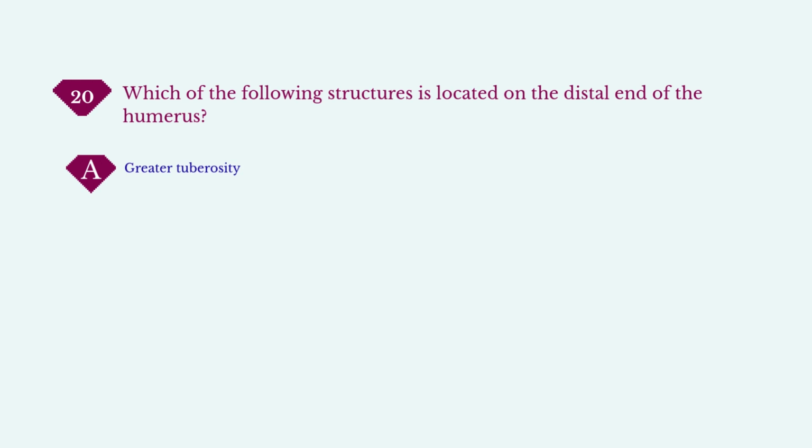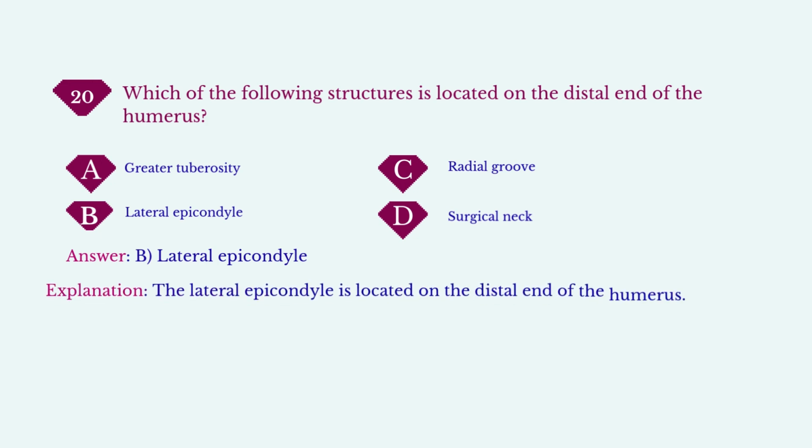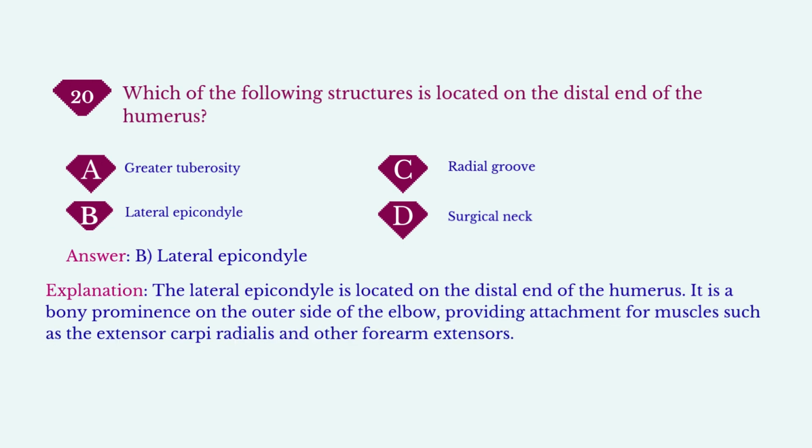Which of the following structures is located on the distal end of the humerus? A. Greater tuberosity. B. Lateral epicondyle. C. Radial groove. D. Surgical neck. Answer: B. Lateral epicondyle. Explanation: the lateral epicondyle is located on the distal end of the humerus. It is a bony prominence on the